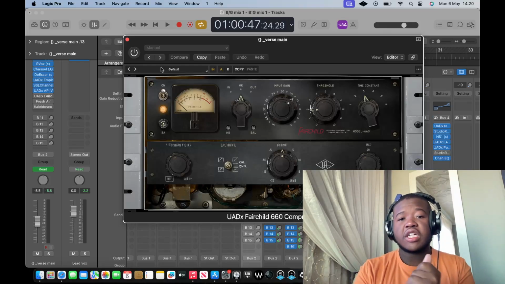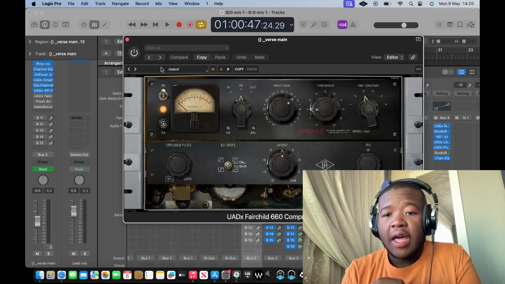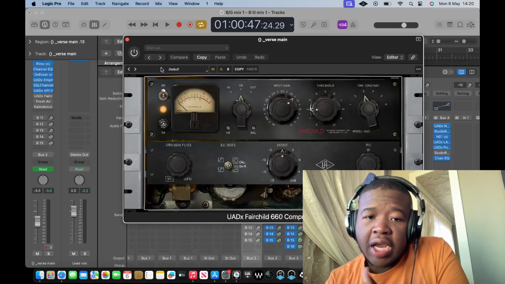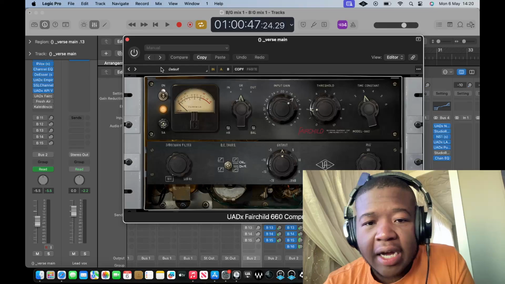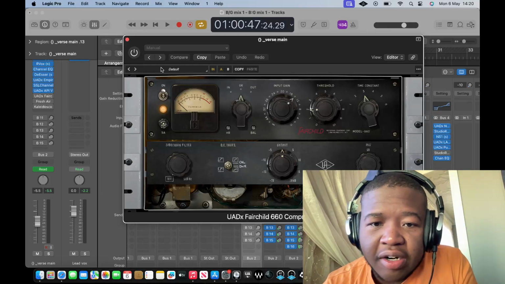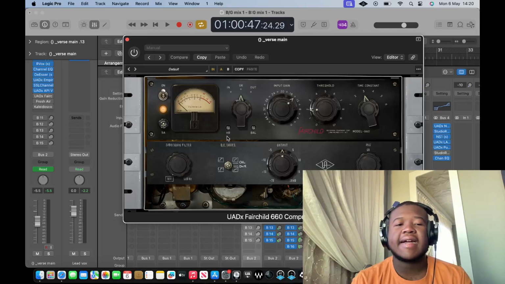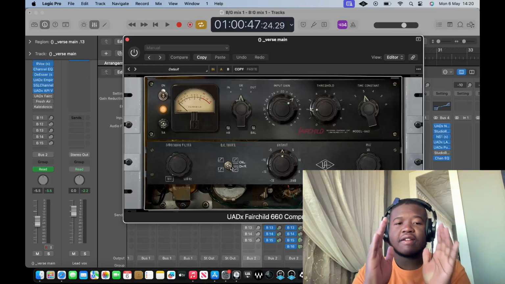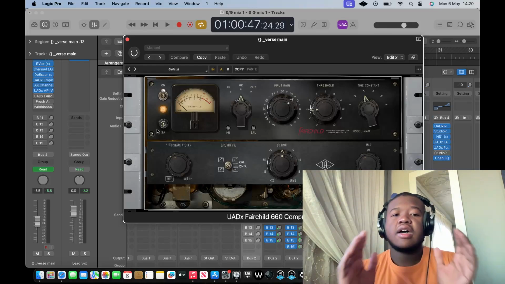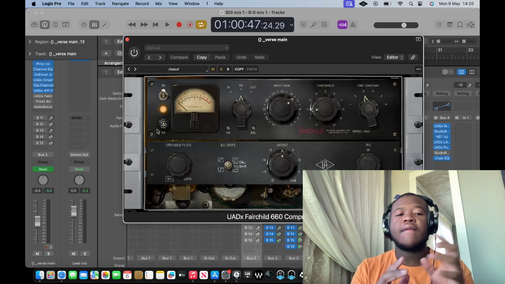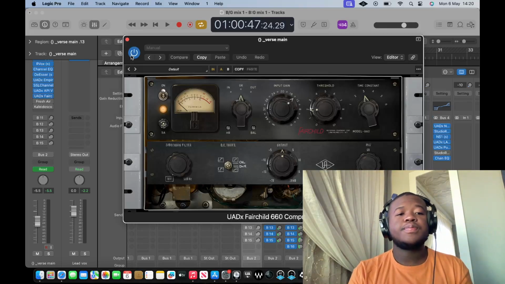Then we went in with the Fairchild compressor with a threshold of 2, a time constant of 3, and the input gain at maybe 15 or around there. And then we calibrated it here. It feels like it acts like a ratio. On a normal compressor I'd say the ratio would have been something, but here we just adjusted it until it felt like it was controlling the peaks a lot more and bringing them down. And yeah, so this is how it sounds.